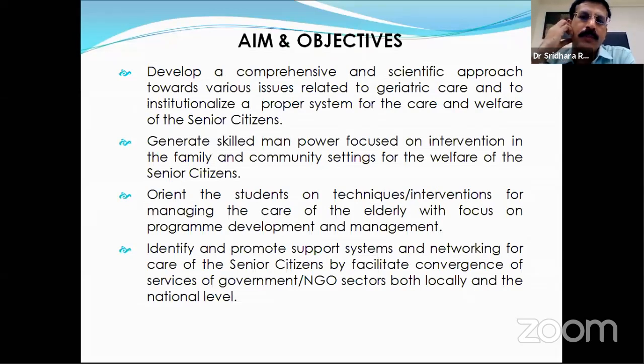See, the main aims and objectives of our senior citizen division is to develop a comprehensive and scientific approach towards senior citizens. We are organizing many programs related to senior citizens. Most people are confused about what geriatric and gerontological care are. In geriatric care, we mainly focus on health issues. In gerontological care, we mainly focus on social and economic aspects, including research. We are taking a proper system for the care and welfare of our elder people, and we are generating some skilled manpower,